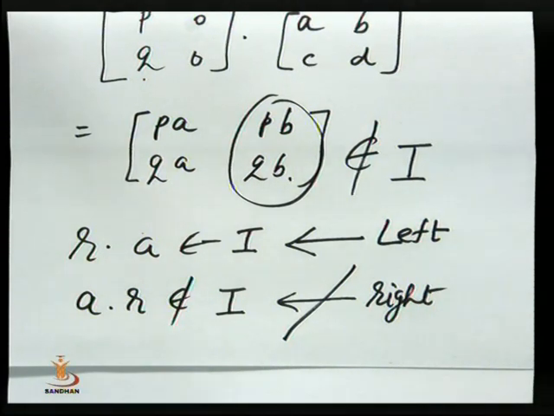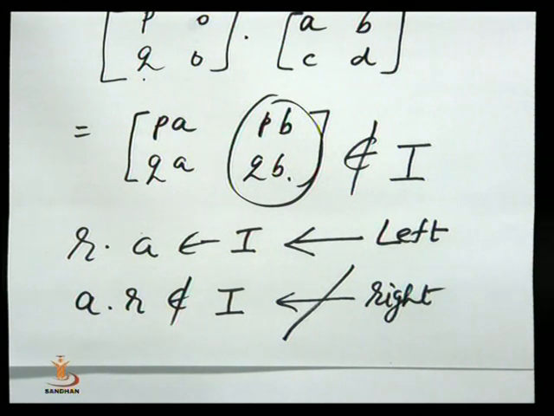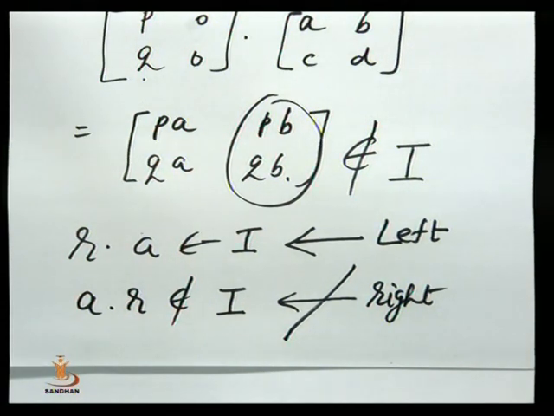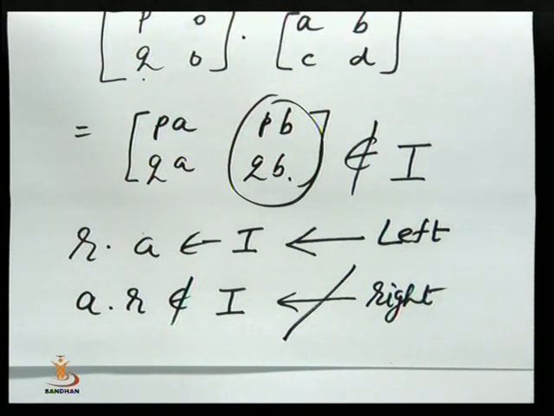We go to the next result on the slide, which says, so our next slide says that whenever an ideal I is there in a ring